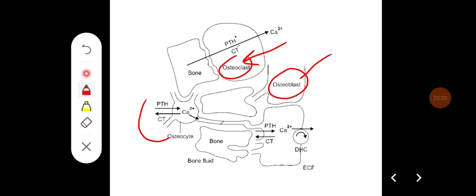And osteoblasts are the cells which are able to maintain the concentration of the parathormone. Under the influence of parathormone, they will be able to increase the calcium levels in the osteoblast, and the calcium is pumped out of these osteoblasts, and the dihydroxycholecalciferol also helps in the movement of calcium from the osteoblast cells, thus